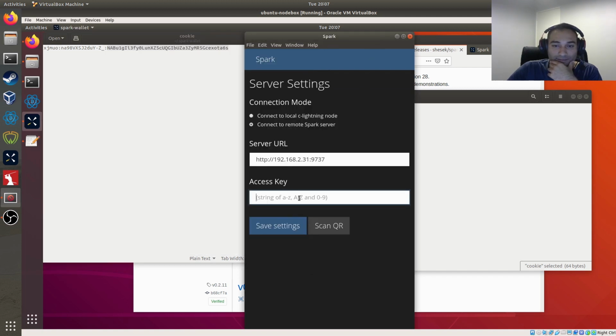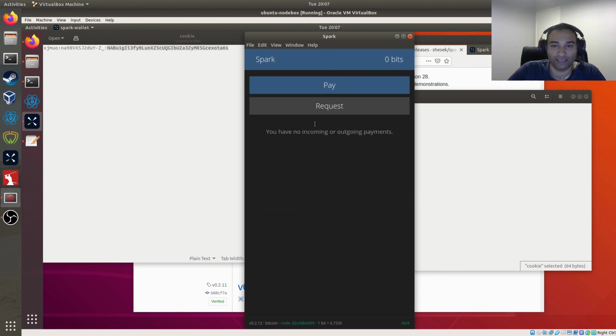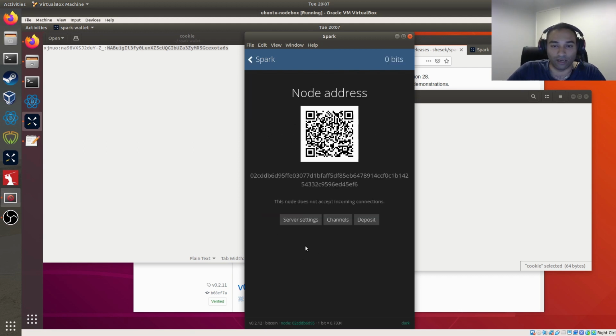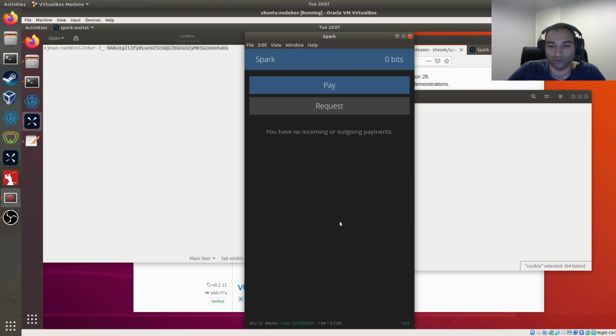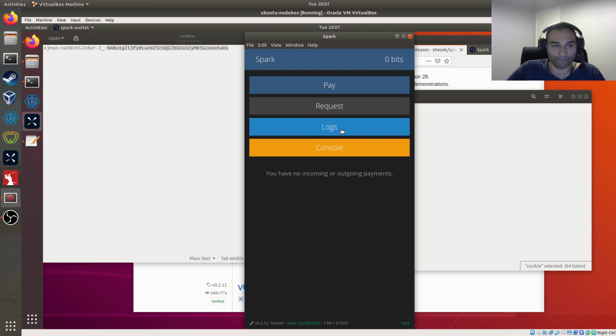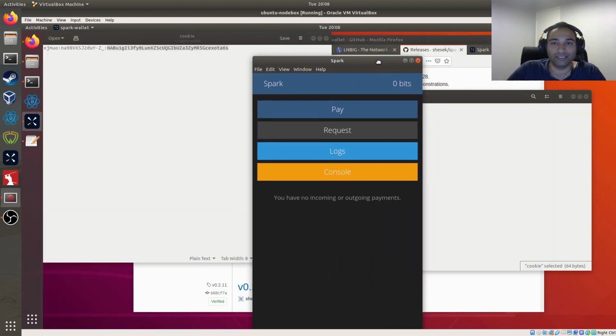So you just paste that access key in there, save settings, and now you are connected to your node. So you can look up the channels, and it's a nice interface for you to have a look at, right? So the other thing that we need to do is